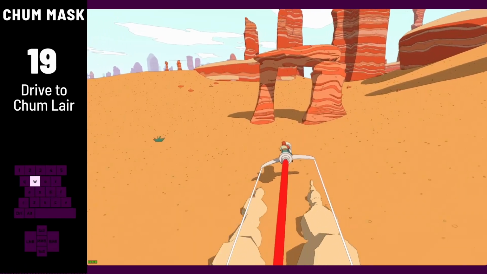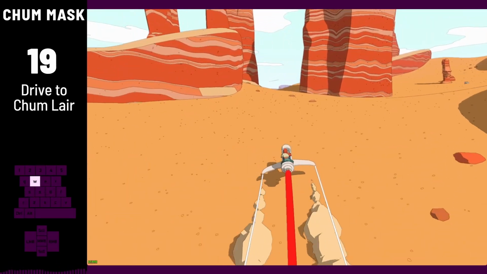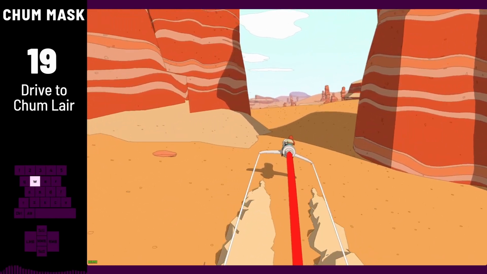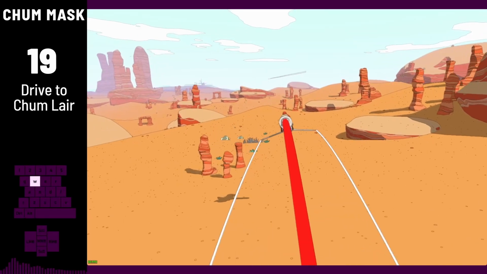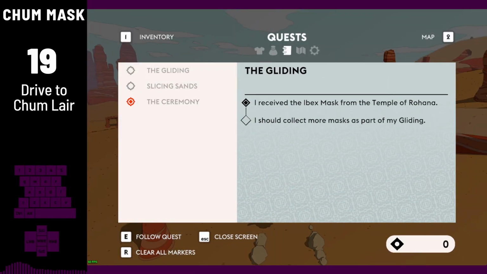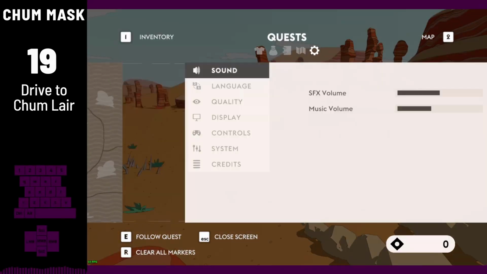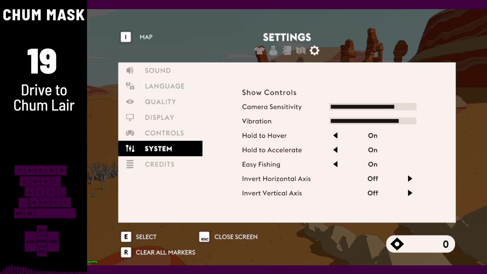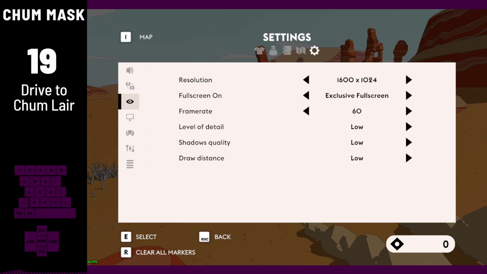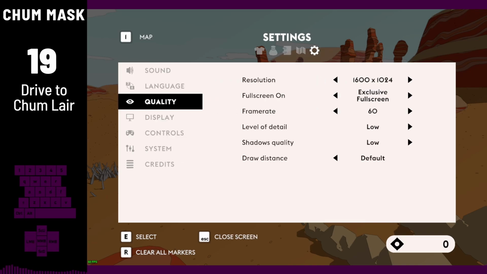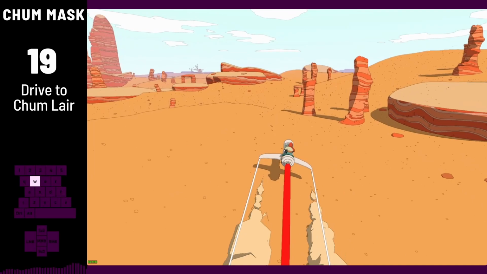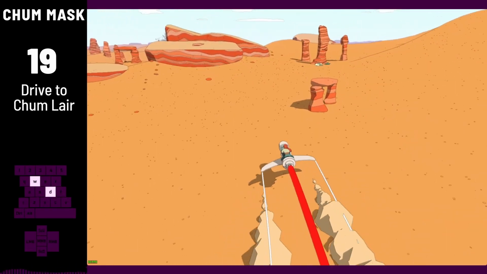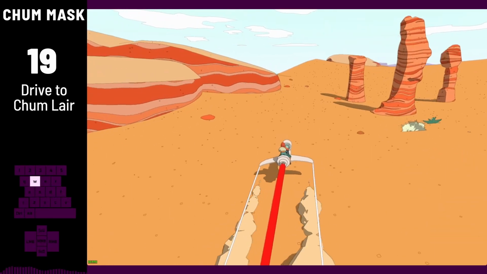Then the driving sections, you'll get used to them as you do them, right? But if you are having trouble knowing where to go in your first runs, I recommend having draw distance on medium, so you can see waypoints much further away. That helps, especially with Chum Lair, which is kind of far away. But in general,